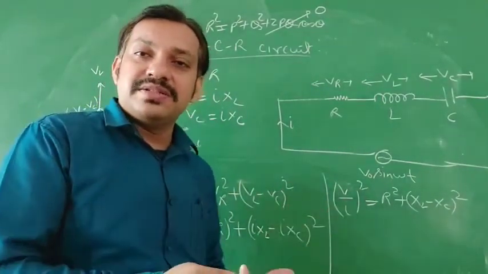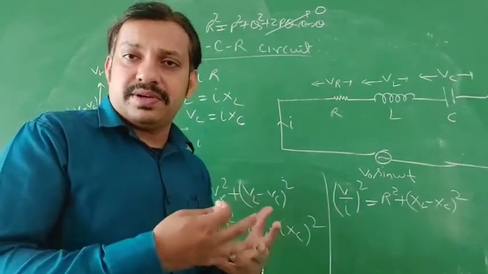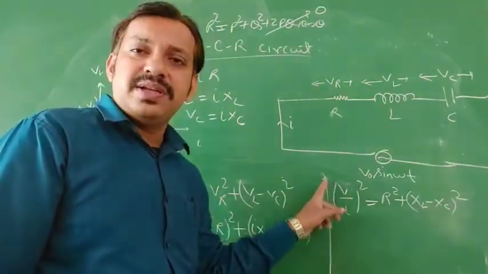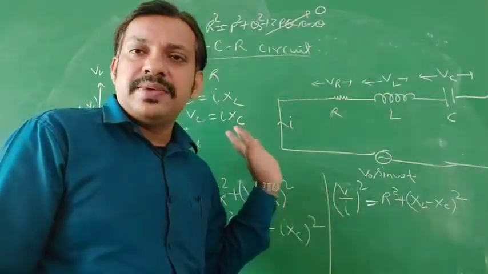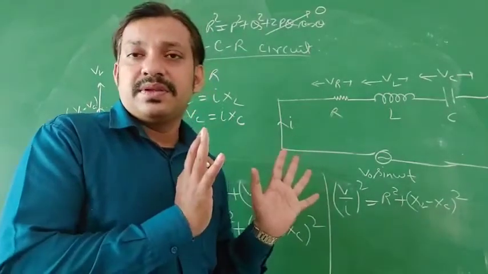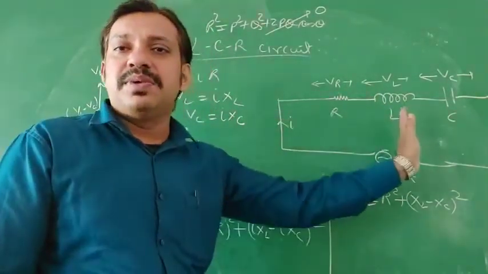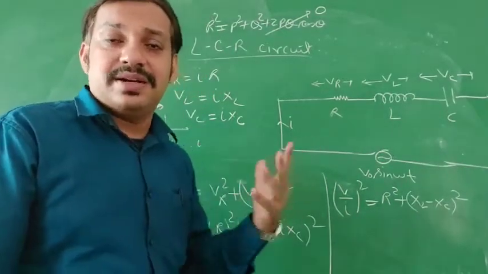The equal to resistance. But this kind of resistance is because of the overall resistance of what? Overall, because it's the total applied voltage and it's the total current, at any state of time, the total voltage and the total current. So that means that is the total resistance offered by the circuit. Because of the combination, that term is called the impedance of the circuit and denoted by Z.